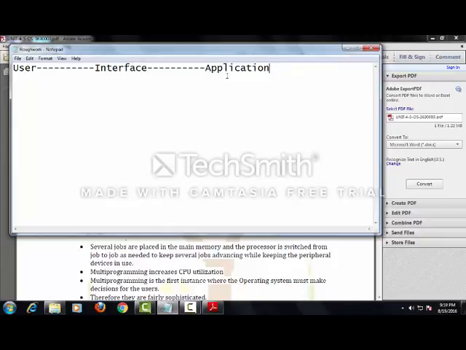So we can define it that way: the operating system is a system software that makes an interface between user and applications. It also creates an interface between user and hardwares. User and application, in between there is an interface, and user and hardwares, in between there is an interface,